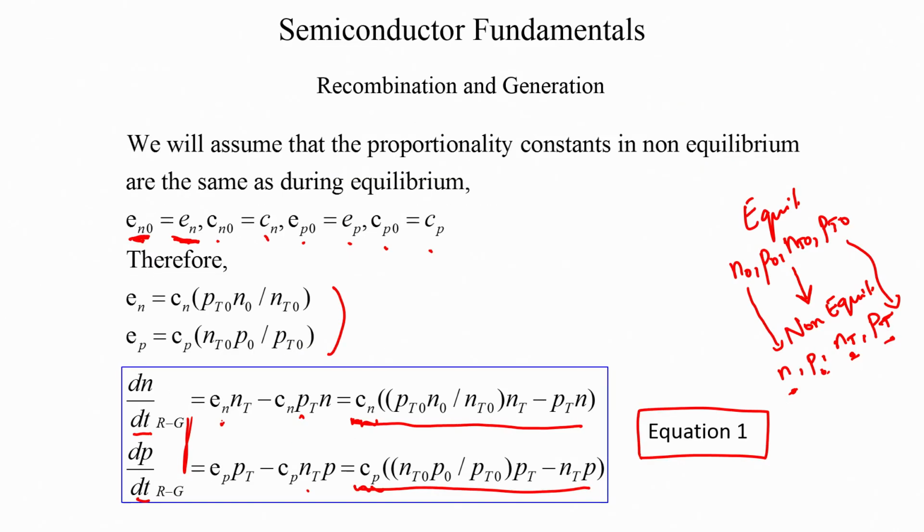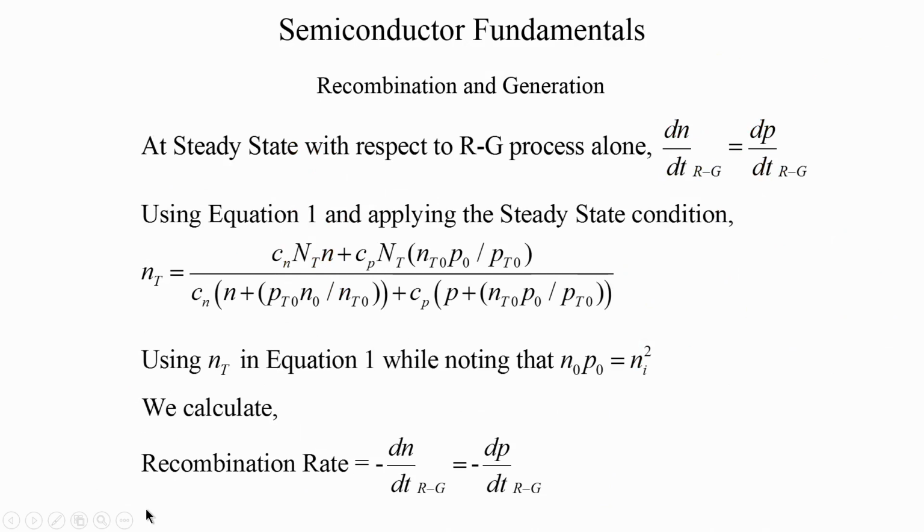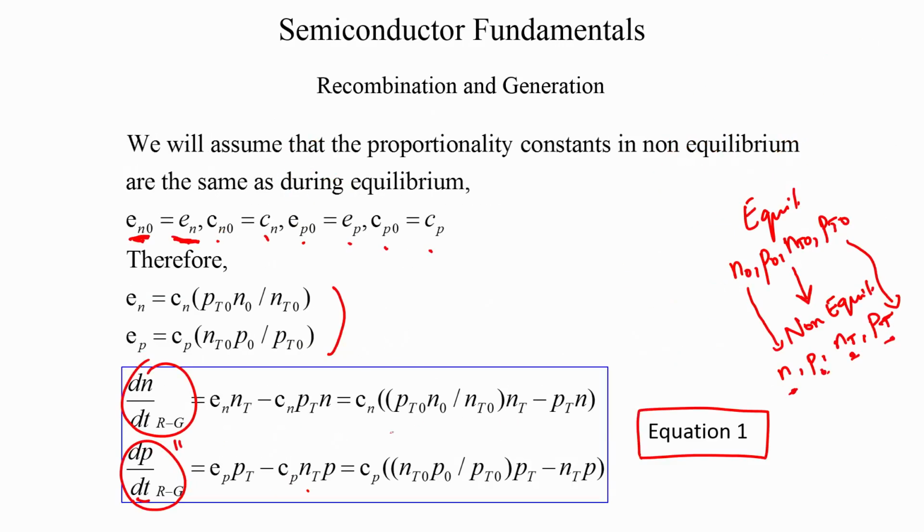So, we will now take this general equation which we have labeled as equation 1, and try to look at the steady state implications on this equation, and the steady state implications are that this rate must be equal to this rate. So, using equation 1 and establishing this condition we can now solve the equation and estimate what NT is. That is the number of occupied states, it is just a bit of algebra wherein you equate these two terms,